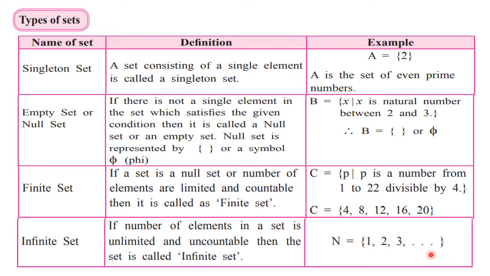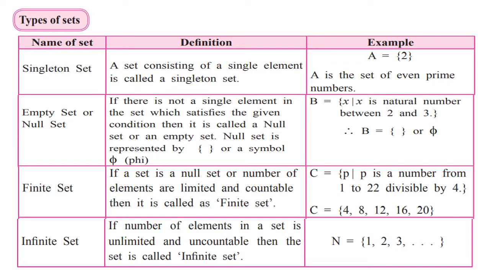They are unlimited here. So I hope you must have understood the four types of sets. Singleton set, a set with a single element; empty set or null set, a set with no element; finite set means a set with limited or countable elements; and infinite set means a set with unlimited or uncountable elements. The set is not going to terminate anywhere. The list is ever increasing. This table is given in the textbook. You can mark it, or if you want you can write it in short in your notebook also, so that you can understand it better.